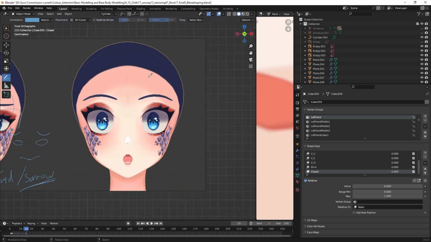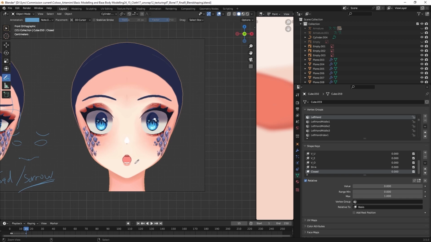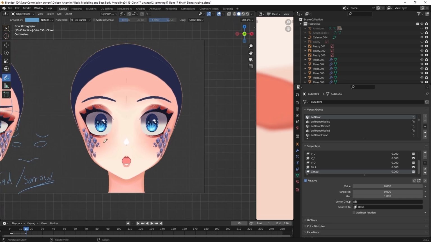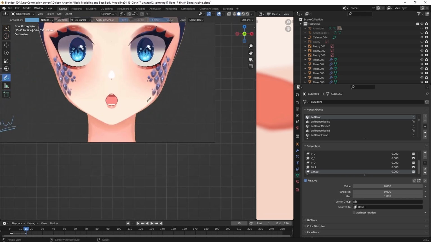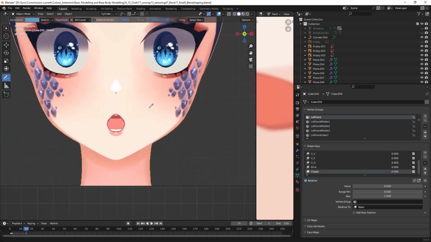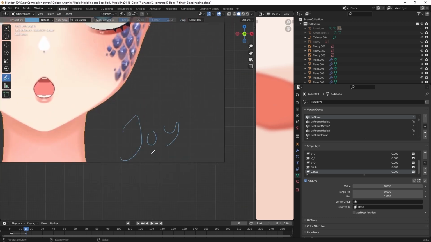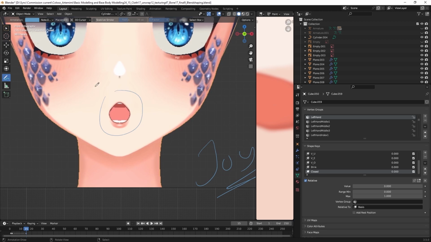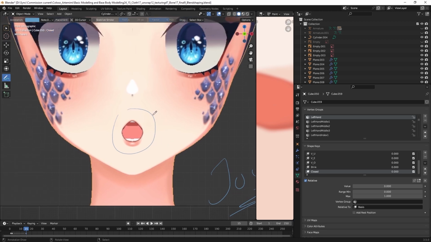And the next part here, we're gonna create the joy expression. It's like she gets something like a gift, so she will be reacting with a joy expression. For the joy expression here, we're gonna have a mouth that we will create from the O expression.